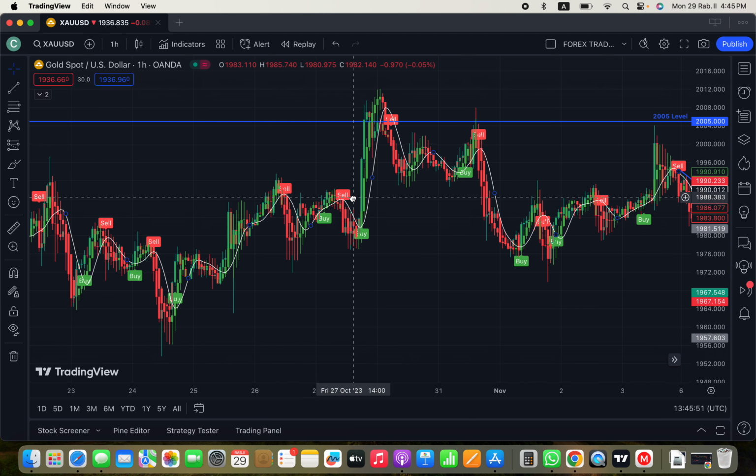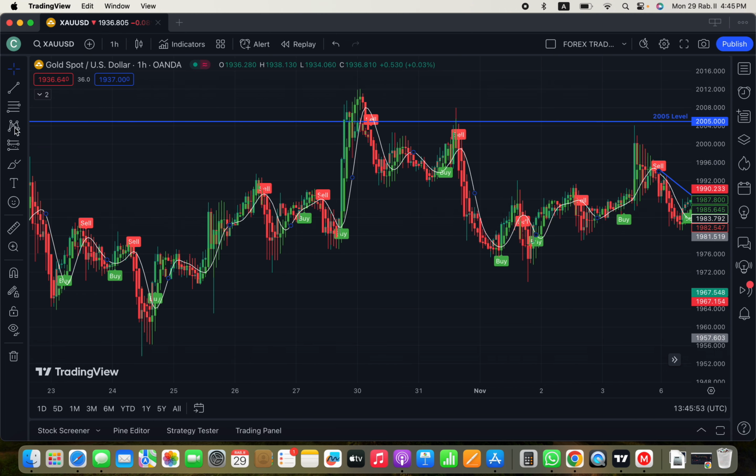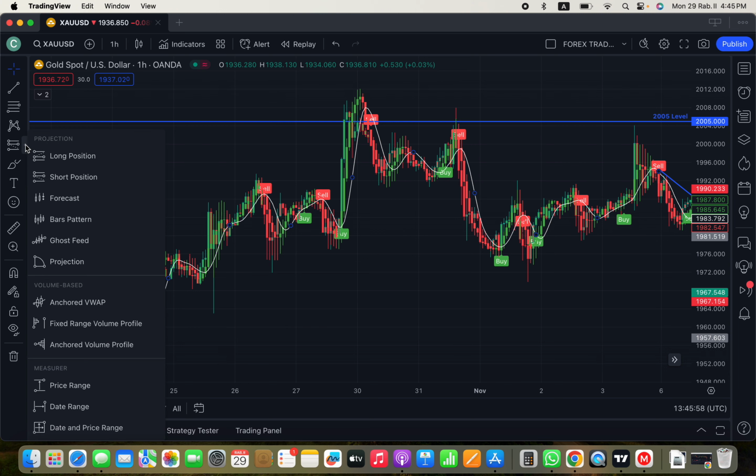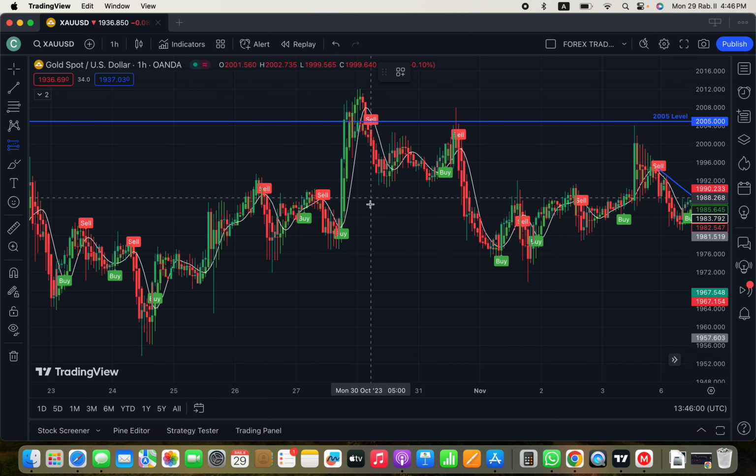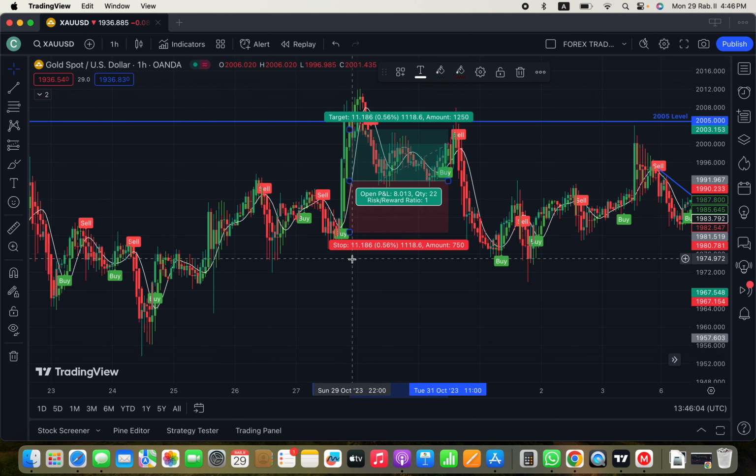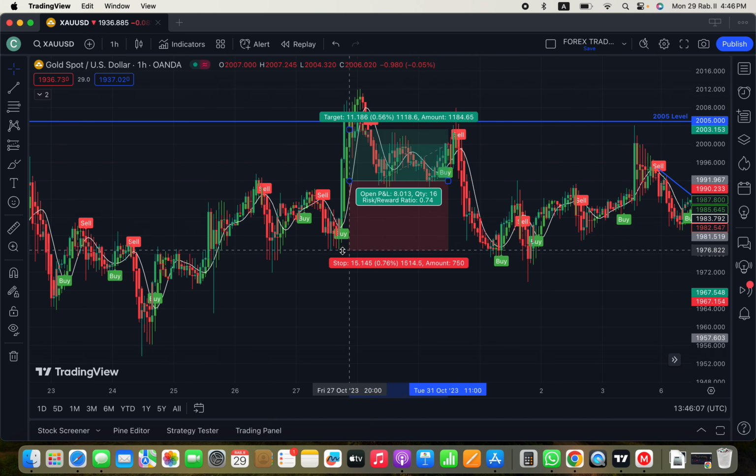That is when you'll be entering for your buy. That candle closes, and don't forget your stop loss. Always use your stop loss. So immediately this candle closes, you're entering for your buy here. Your stop loss will be around this area, and your take profit